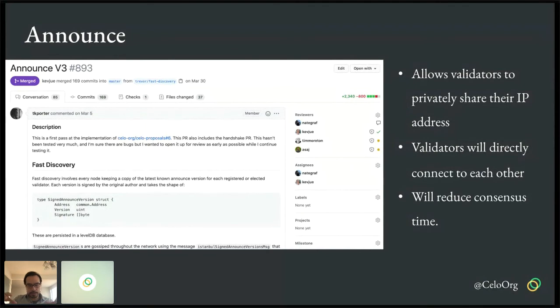So in effect, we create a mesh network on top of our P2P network. And these validators will then use these direct TCP connections to send consensus messages to each other. Again, this is all to reduce the consensus time.